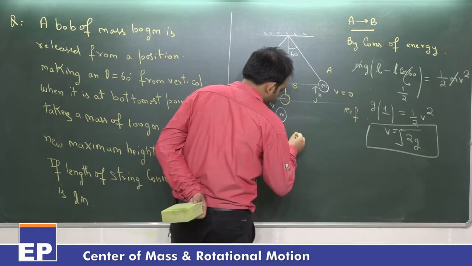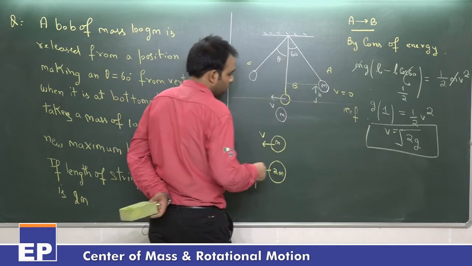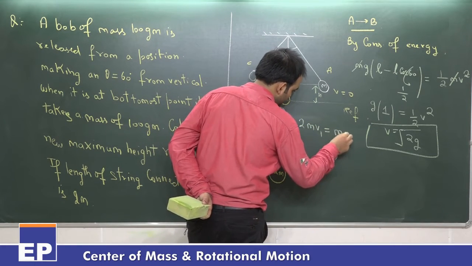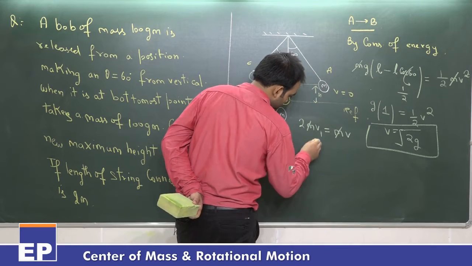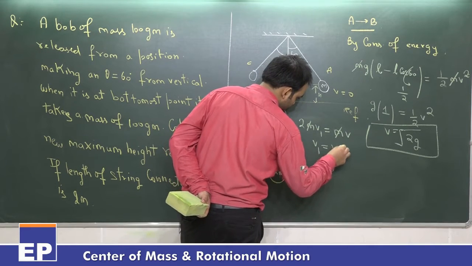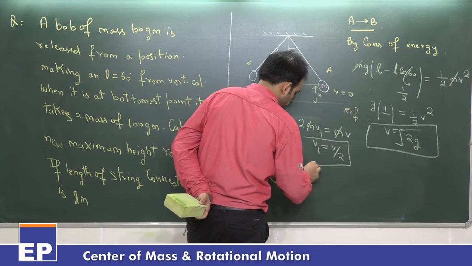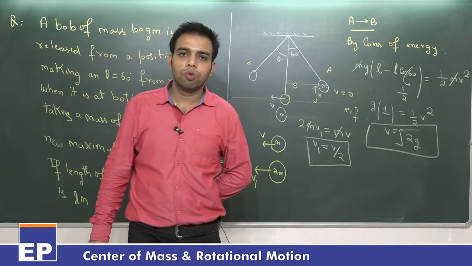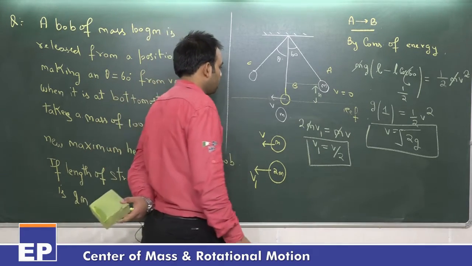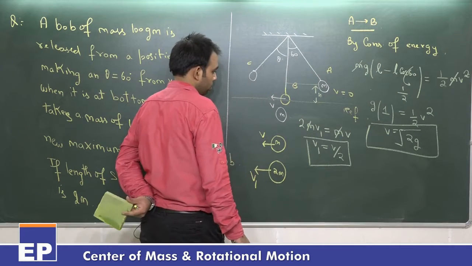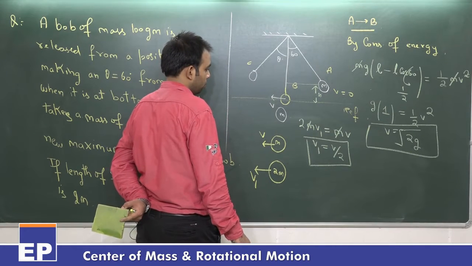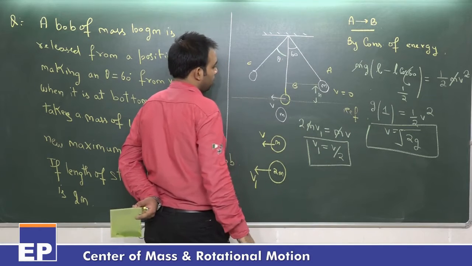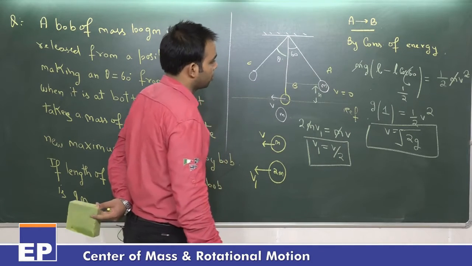Right? So you can say by conservation of momentum between these two, 2m into v1 is equal to m into v. So what is v1? v by 2. Means it is moving with v by 2. ये v by 2 से move कर रहा होगा, right? If it is moving with v by 2, then it will rise by the angle theta. So you can calculate by the conservation of energy